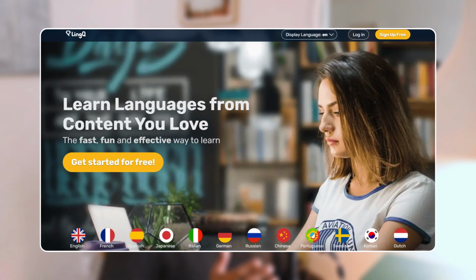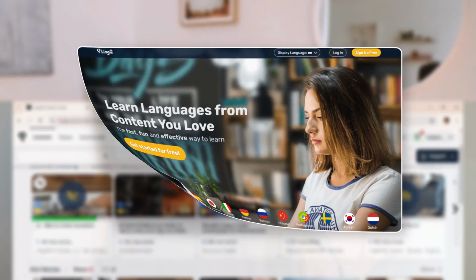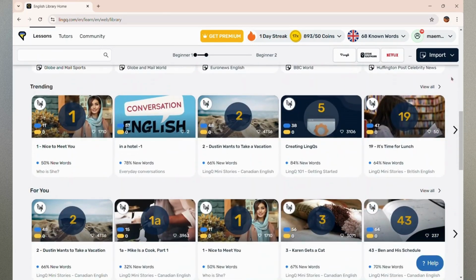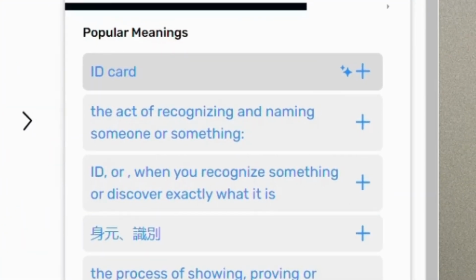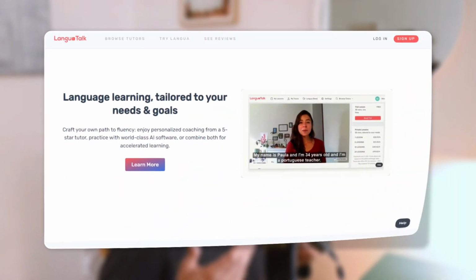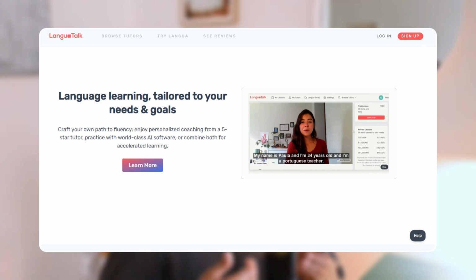The first one is LingQ, which is very simple to use. It will feed you content about various topics at your current level of English. And if you don't understand a word, you can just click on it and it will show you the meaning. The other application is called LanguageTalk, which just came out with a new AI feature, which essentially does the same thing, but at a more advanced level. Now, I've had good experiences with both of these applications, and they're both very easily accessible as they both have free versions. If I had to recommend one over the other, I would highly recommend LanguageTalk actually, just because their